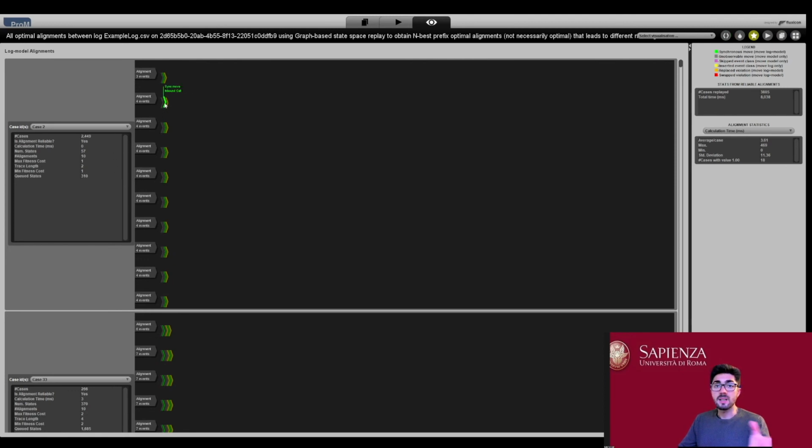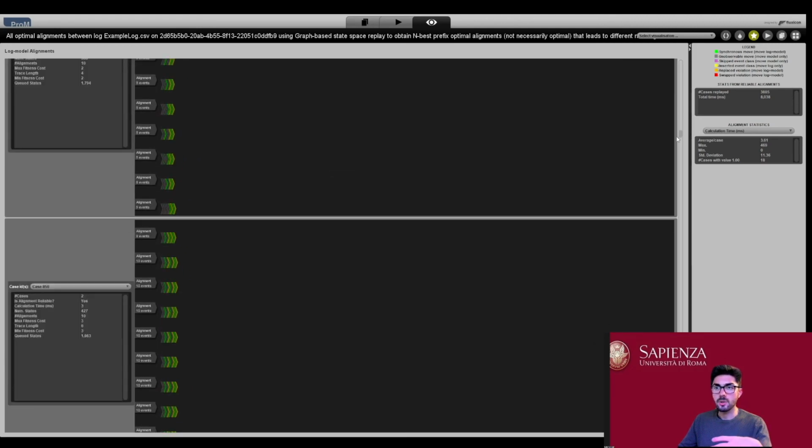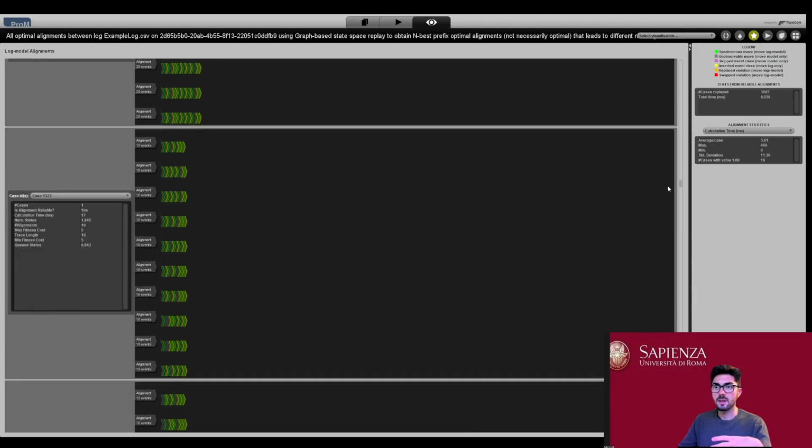Basically, green means that we have a synchronous move in the alignment, while yellow and red means that we have a move only in the log or only in the model. And as we go down, you see that yellow starts to increase.